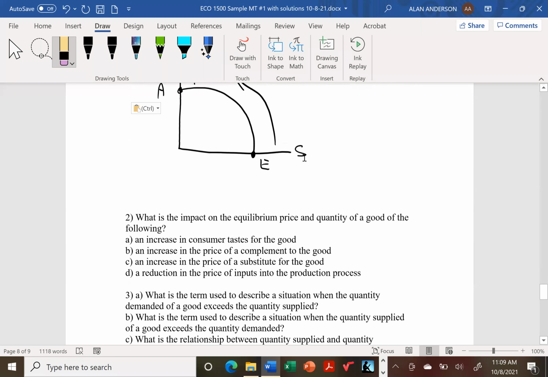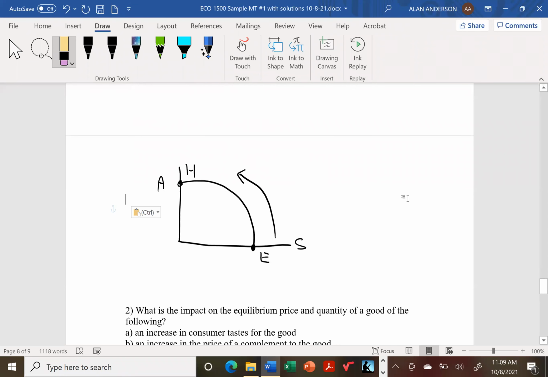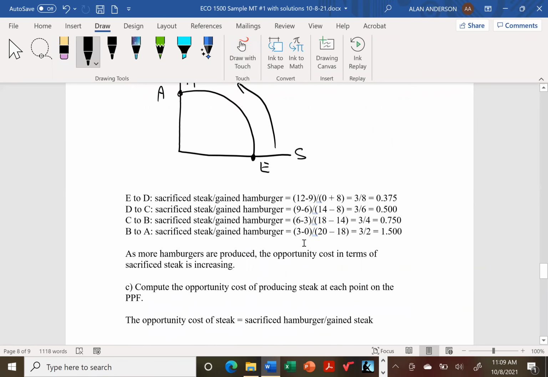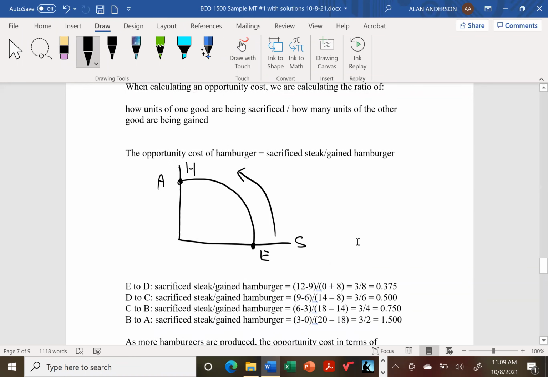So I'm going to reverse this arrow, just to show that we're going in the opposite direction. Okay. Now that that's been established,